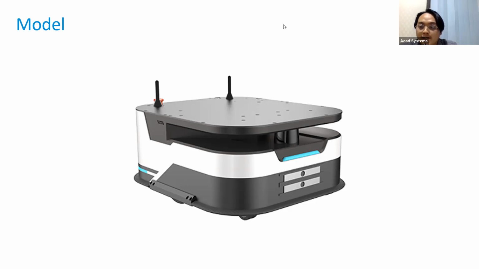Okay, notice that we have the default plane here, which is the world coordinate system. For the world coordinate system, the X, Y, and Z will only